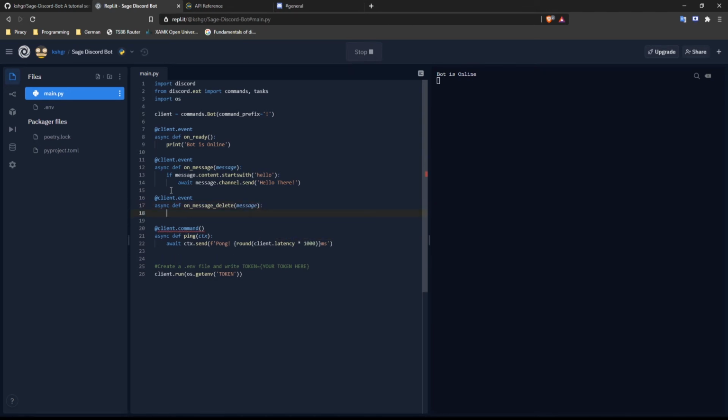Whenever a message is deleted from any channel on the server, this event is triggered. So let us create an event where the deleted message is displayed to us after it has been deleted by a user. It should show us who was the author of the message and what the message was.